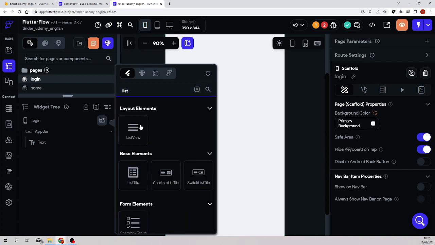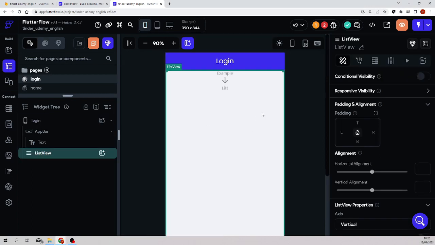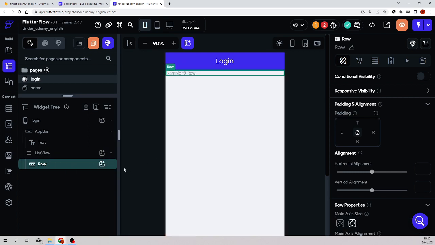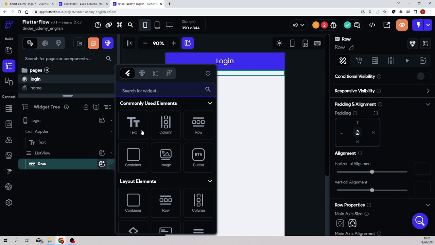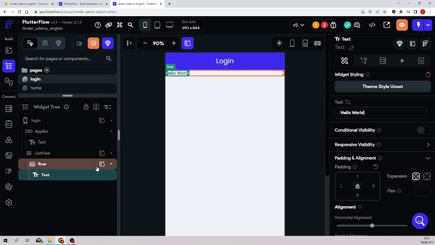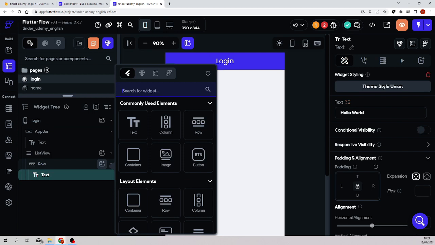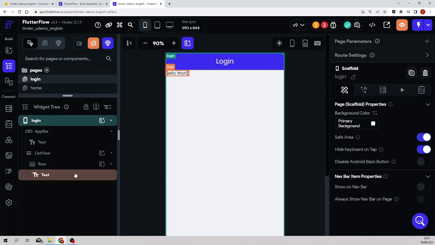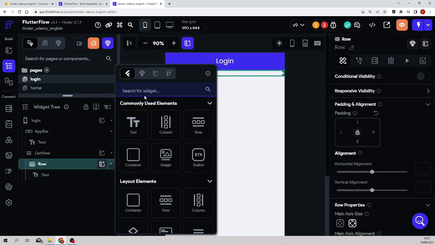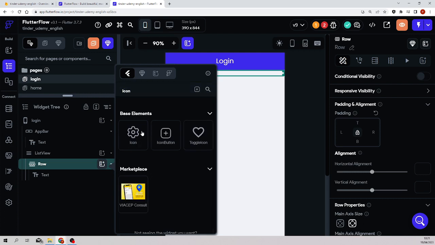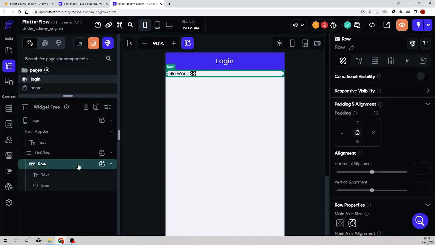List view. And to give you a comparison, the behavior is very similar to columns and rows. Imagine that the list view is a column, and now I will add a row, and I will add a text and an icon, okay? Because inside the row you can add whichever design you need, okay? And then this row will be